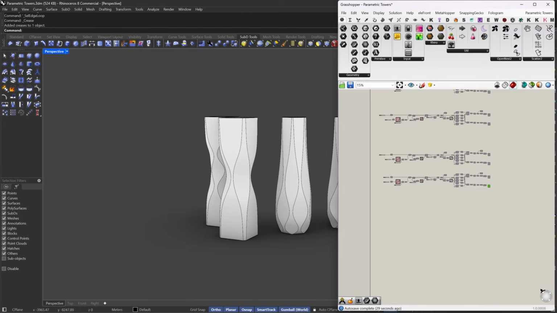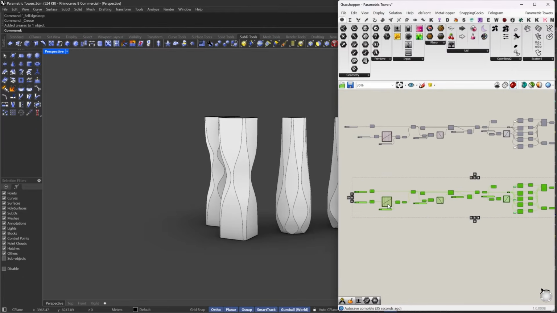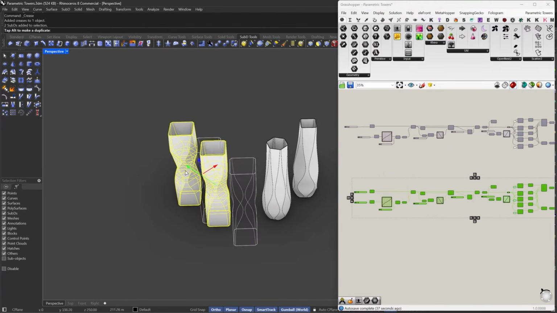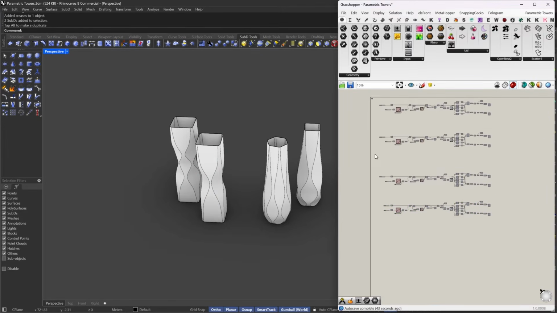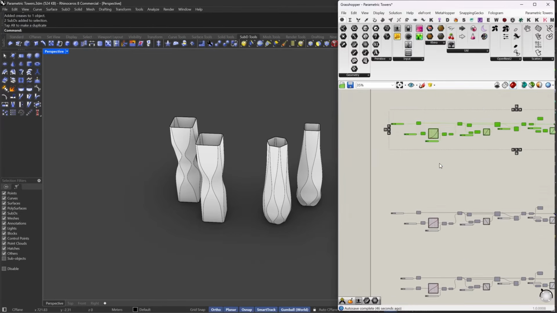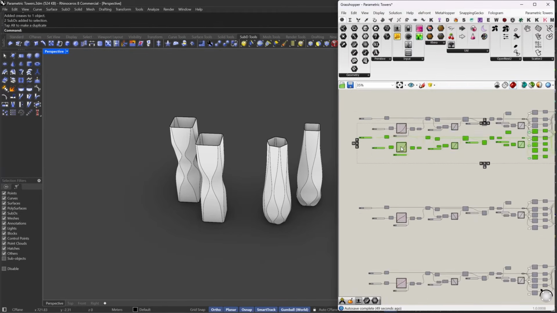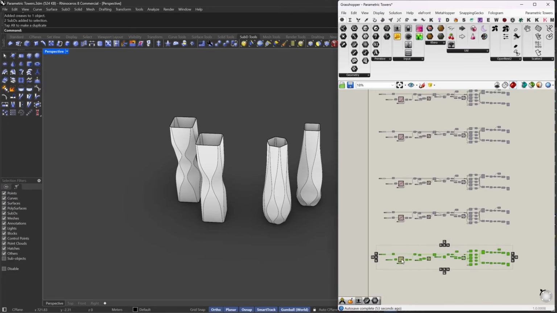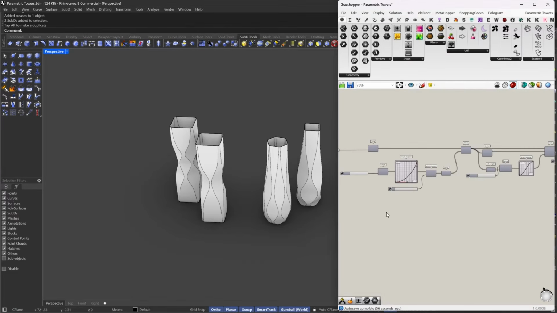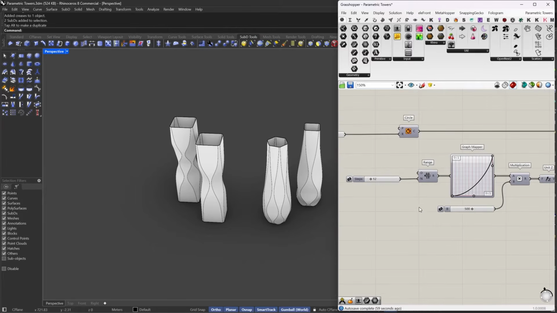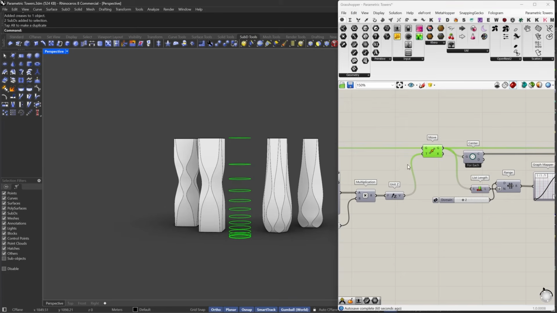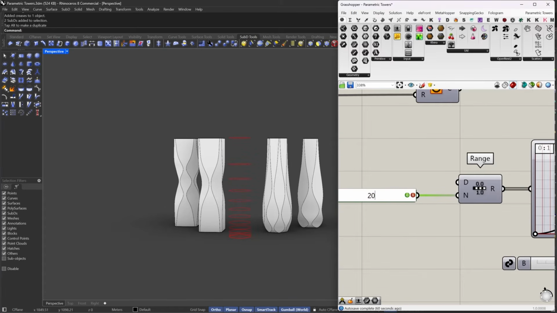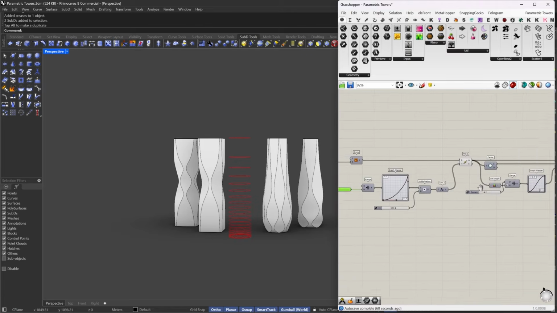And let's try one more. I think in this one maybe we can just move those like this, and maybe actually let's go back to this kind of shape. And let's try to create something with a lot of curves, because I want to add more curves in here, so probably 20 in this case. And also